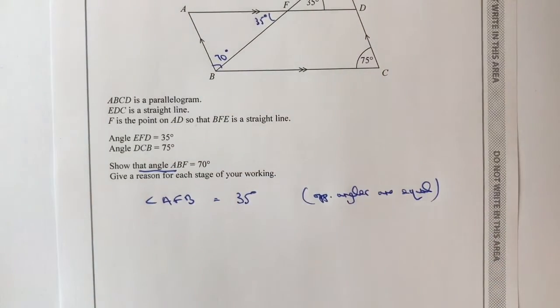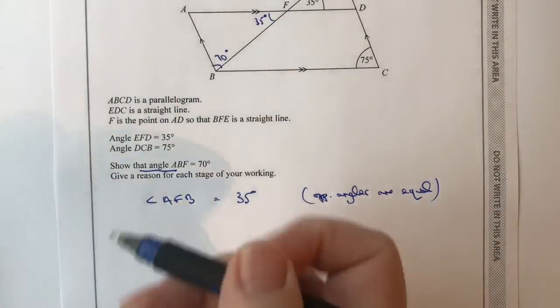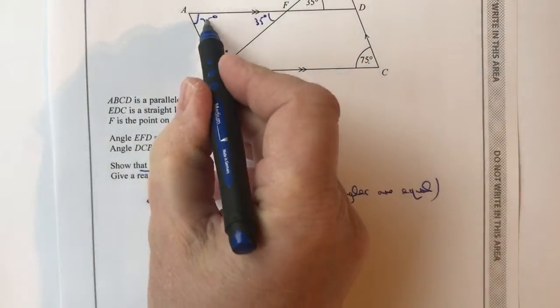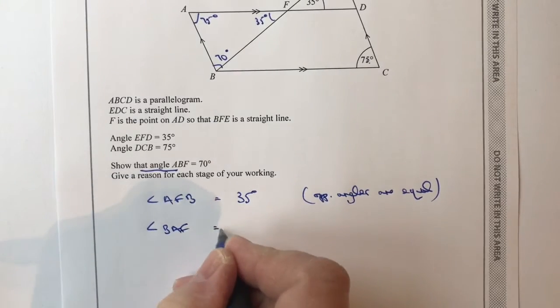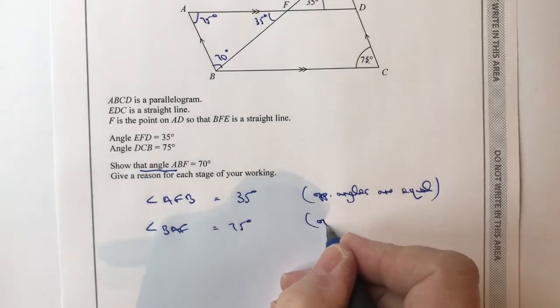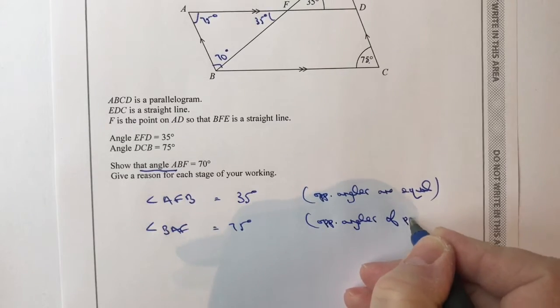Okay, my next thing would be, I would say that angle BAF, so this is this one right at the very top here, is 75 degrees. Now the reason I know that's 75 degrees is because opposite angles of a parallelogram are also equal. Okay, so I can write that angle BAF equals 75 degrees, and the reason that is the case is that opposite angles of parallelogram,